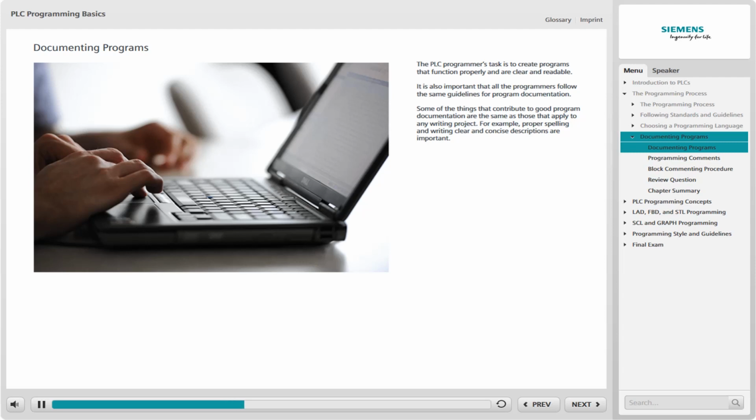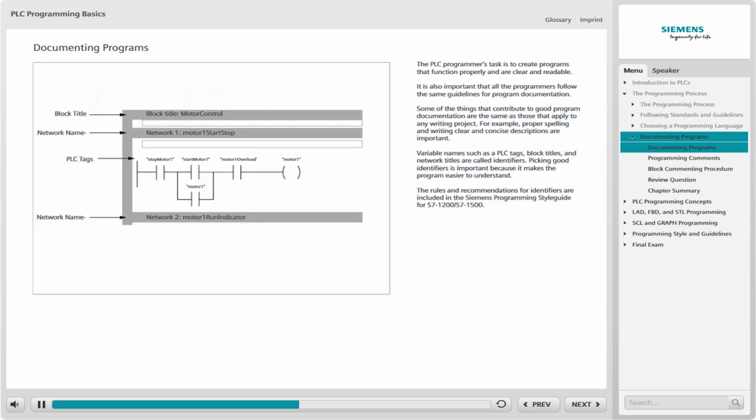Some of the things that contribute to good program documentation are the same as those that apply to any writing project. For example, proper spelling and writing clear and concise descriptions are important. However, other aspects of good documentation, such as choosing good identifiers, take planning. As previously discussed, a variable name, such as a PLC tag, is also referred to as an identifier. Other types of identifiers include block titles and network